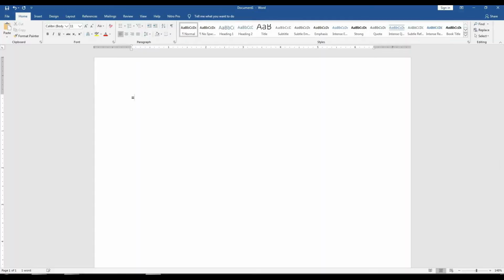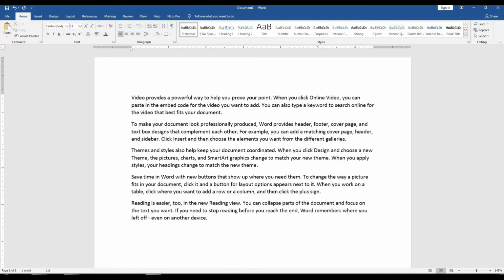I am going to write is equal rand round brackets and press enter key. You can see a text is consisting of 1, 2, 3, 4, 5 paragraphs. Now I am going to insert the word computer by replacing the first word of the first paragraph. Like the first word of first paragraph consists of video. Now I am going to replace it with the word computer.